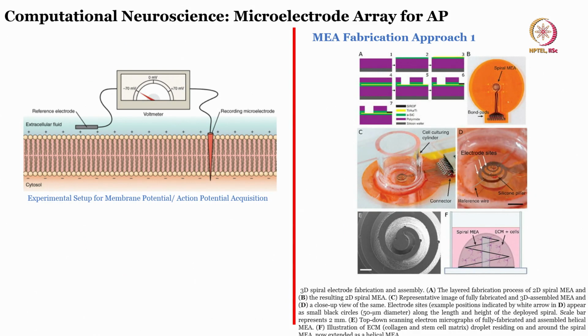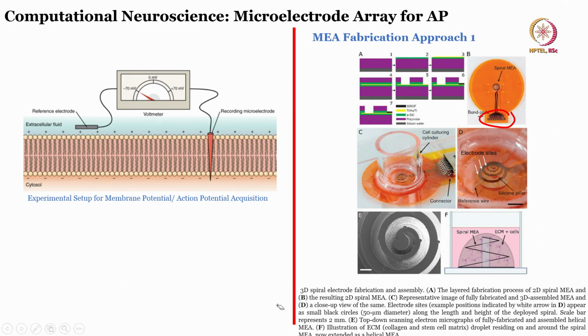For action potentials, here is one example of how we can use silicon wafer, and below is a polyimide, and then you have your silicon wafer followed by your titanium gold, and again you form the insulating material, and then finally you open the contact area, right. These are bonding pads, these are the spiral MEA that can be used for recording. You can see here electrode sites, and you can use the cell culture cylinder in which you can put the neural cells to grow, and you can measure the change in the action potentials. Okay. So, this is another way of fabricating the device. The details are already given in the figure caption, so please look into that.